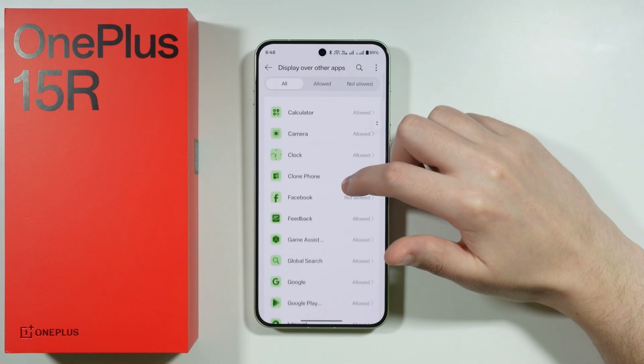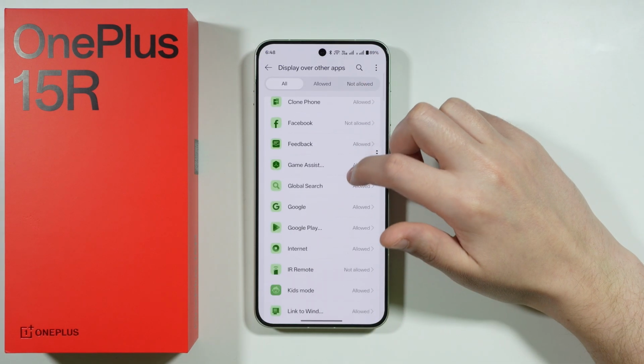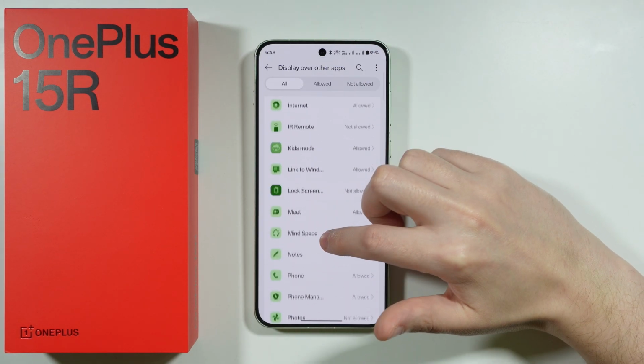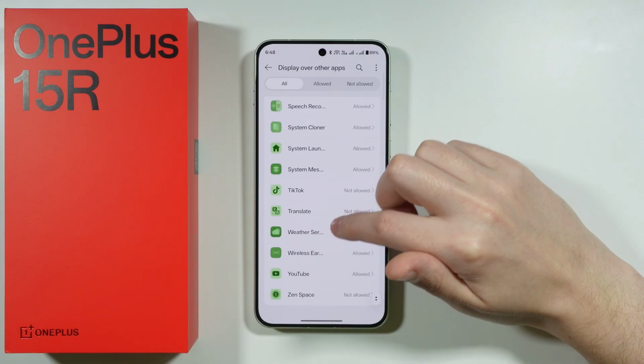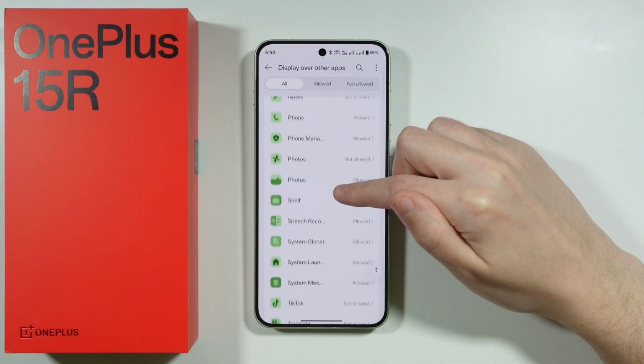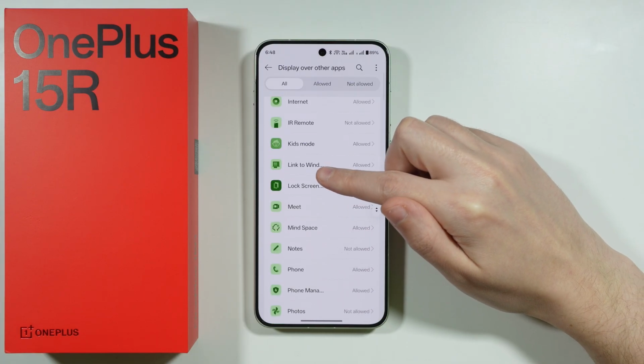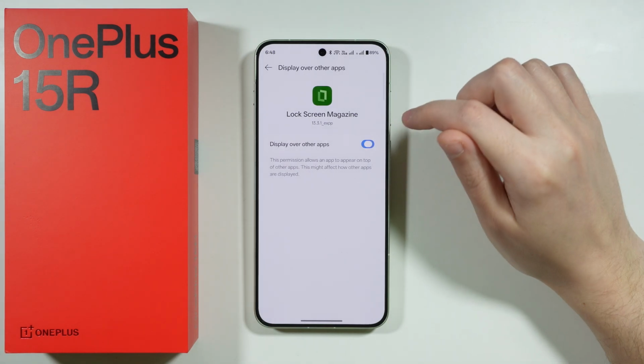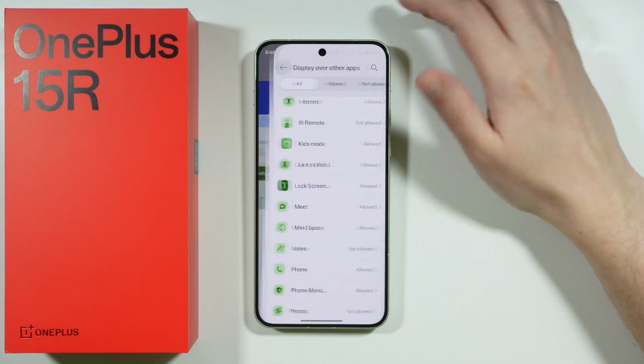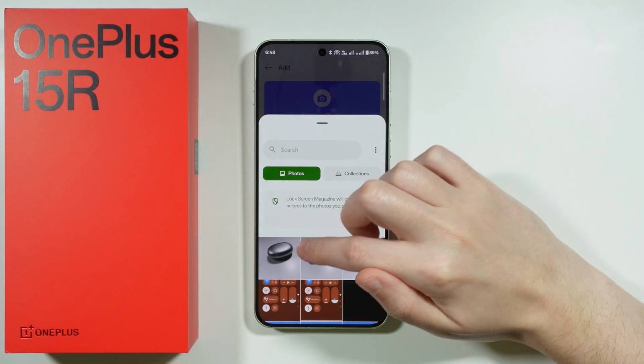So over here we're gonna go to this setting, and we need to find the, let me actually try to find it, whether it's gonna be wallpaper carousel. No, it's gonna be probably, there we go, the lock screen magazine. We need to allow this option. All right, so after that we can go back, and now we should be able to choose photos that we